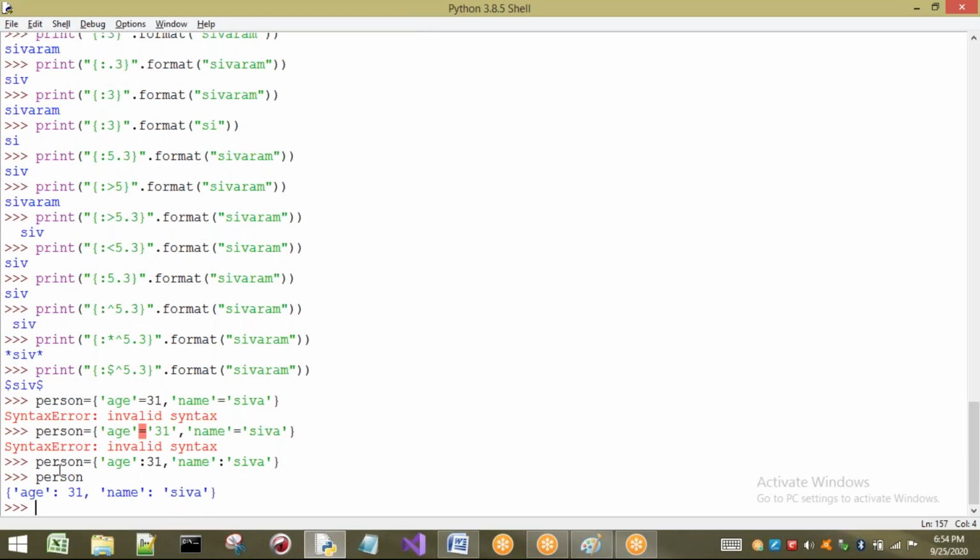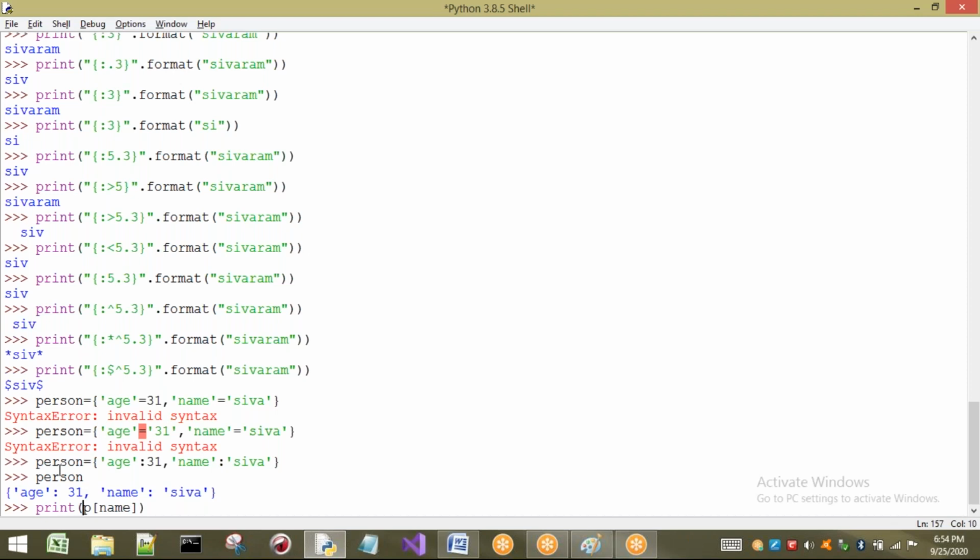Now how to format this one? I will print, and I am going to use, very important, you have to understand here, p of name. That means p of name is nothing but whatever value is there with name. What is there with name? I have Shiva. So in this place it is going to print Shiva. It should be written inside brackets, because it is a replacement.